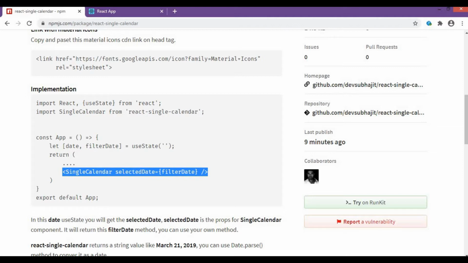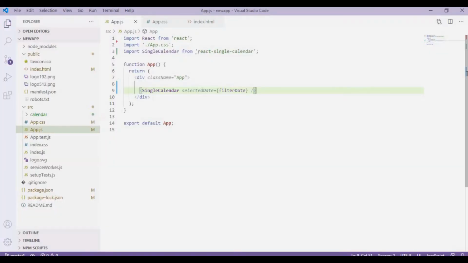This is a functional component example, so I'm also using a functional component. So I'm going to use this useState. I'll copy this and paste it in my code.